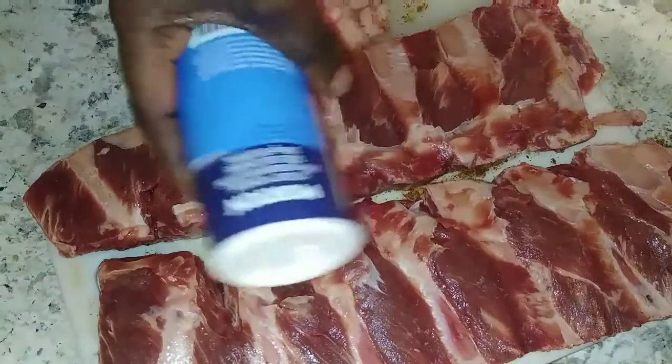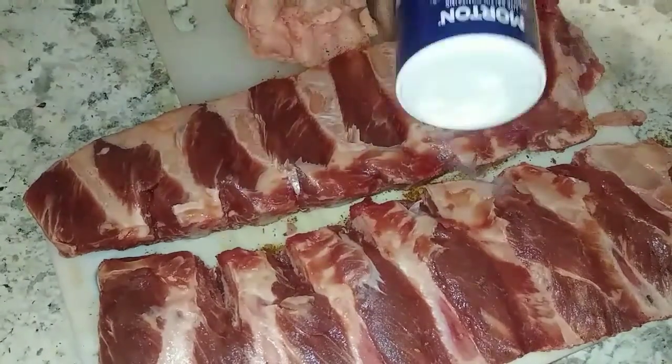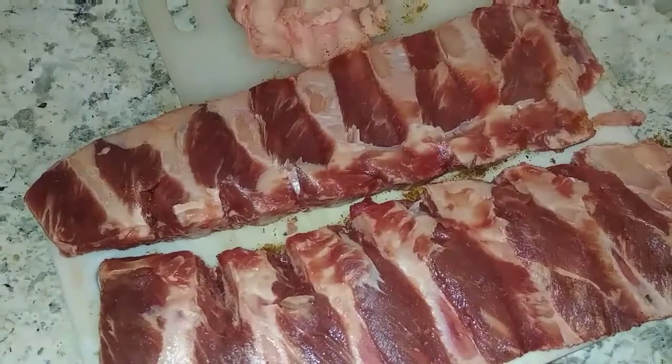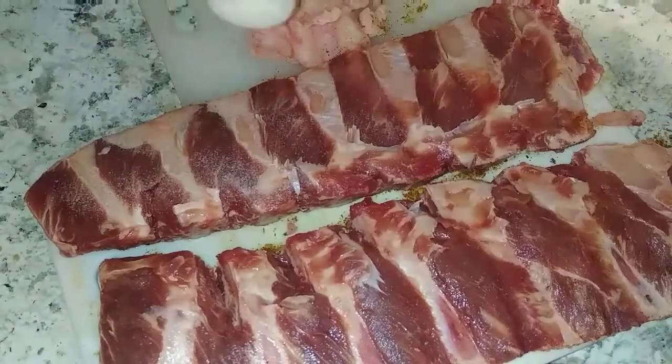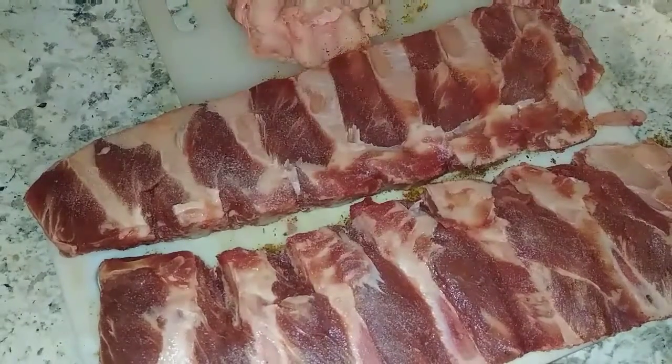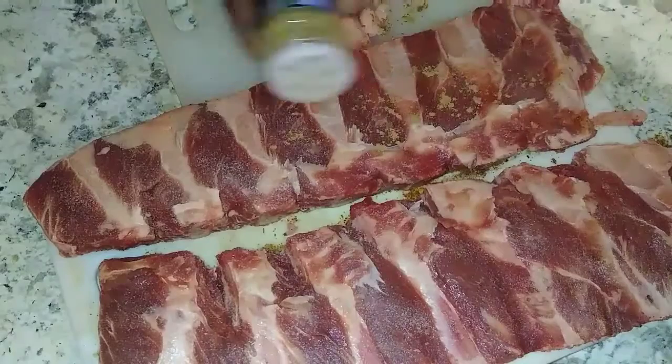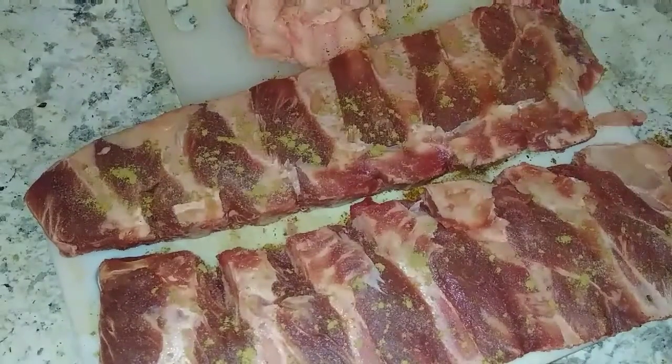I got some chicken I'm gonna do. I wish I had some fish, but I didn't feel like standing in front of the grill the whole time. So you gotta watch fish. Can't just stick that on there and let it go. You gotta kind of keep an eye on it the whole time. So we'll finish this side and